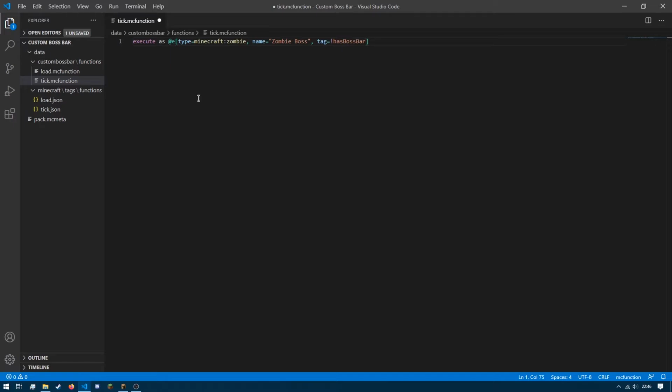And so as all entities that fit this criteria, we're going to run tag on itself, add has boss bar. After that, we're going to say execute if entity, all entities that have this tag of has boss bar, we're going to store the result of the boss bar function. We're going to store the result in boss bar